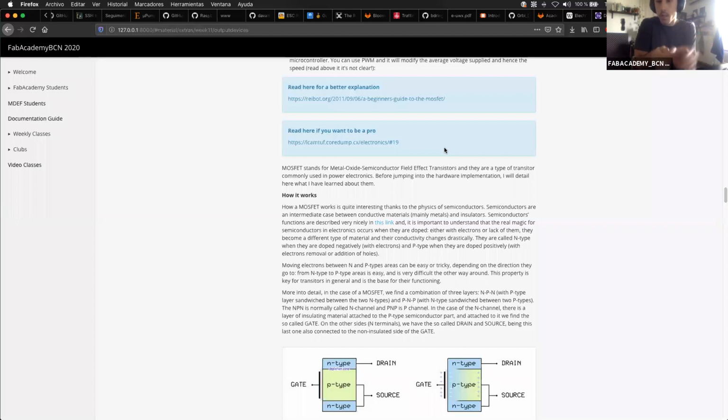Good news, we have just discovered the diode, which is basically two semiconductors, N and P, together, and the electricity can flow on one side, but not on the other. Of course, that depends on how many electrons you put on one side and how many electrons you remove from the other side. And of course, when you have a diode, there's a limit in the electricity that you can put back,